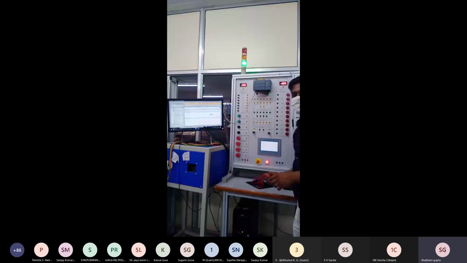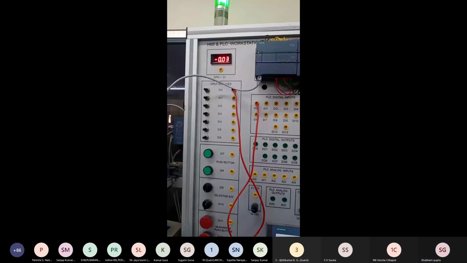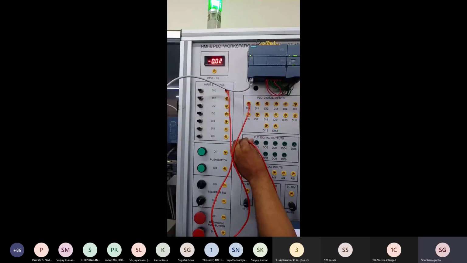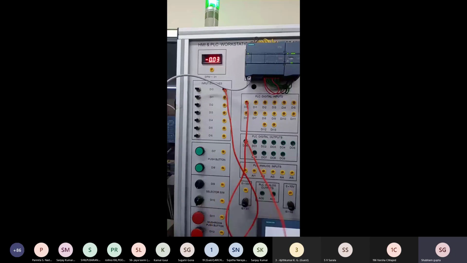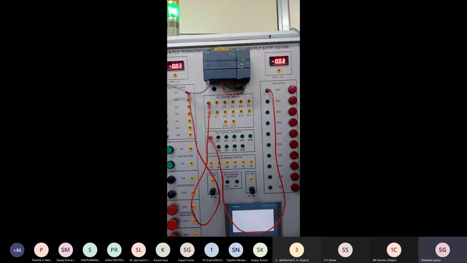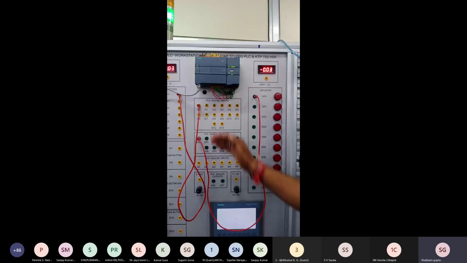First, I connect one toggle switch to input I0.0 and second, the connection of Q0.0 to the indicator. The input and output have optical isolation, so we don't need to connect input to output. Just connect the input and output separately.